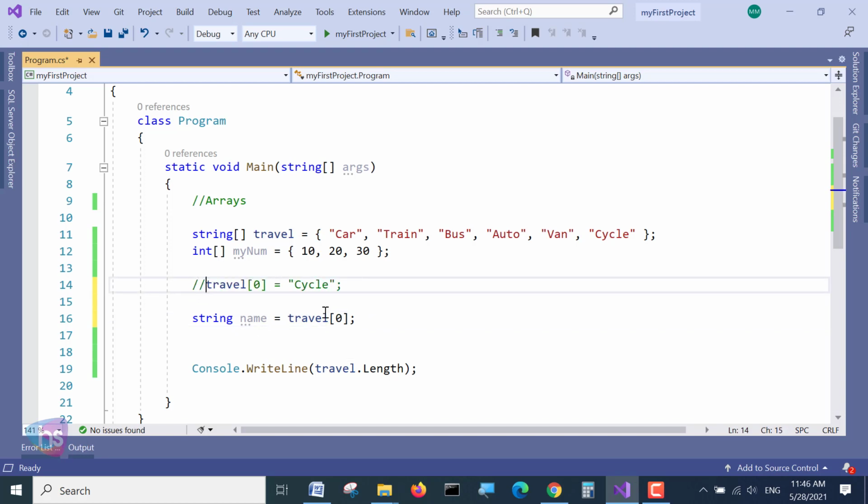This car is assigned to this name. This way you can make independent items from the group of array items and use those variable values wherever you want. This value is assigned here. How simple and how easy.